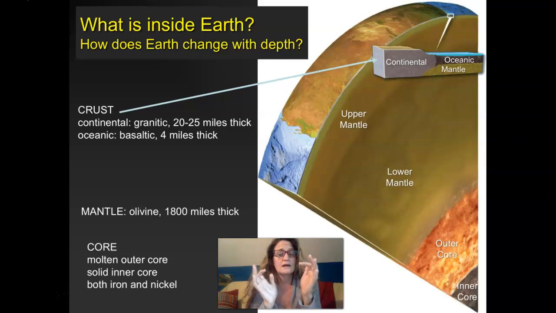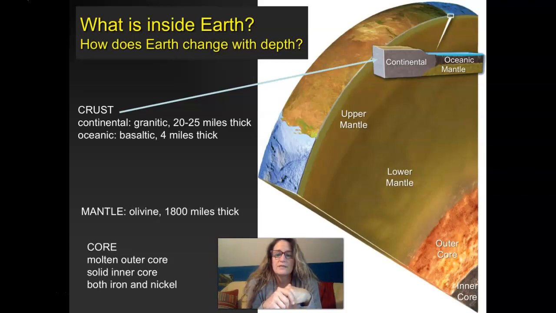So that has a lot of iron and magnesium, not as dense as the nickel and the iron of the core. Okay, and then the crust is that outer thin layer, 20 to 25 miles thick, maybe a little deeper